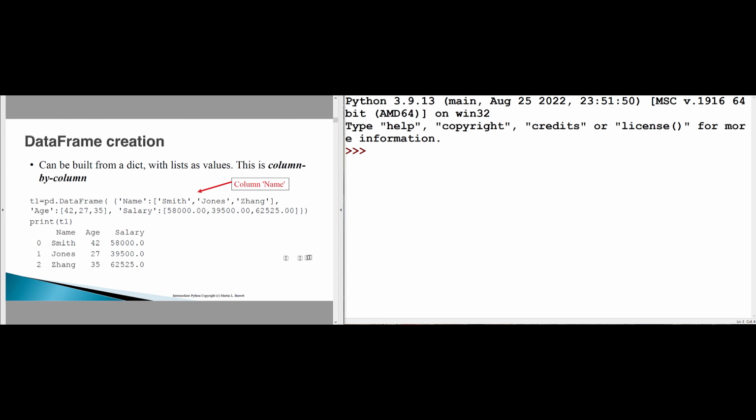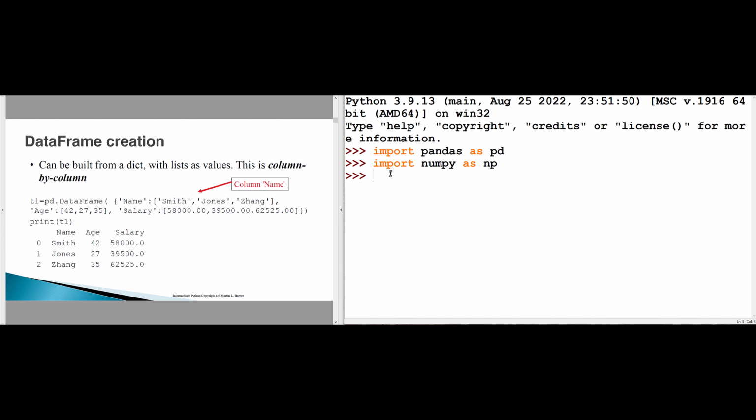Here is an example in which we're going to create a data frame. Now, in order to do this, I had better remember to import pandas as pd, and I should also just automatically import NumPy as np, because it's likely that I'll also be using NumPy in this. Okay, so